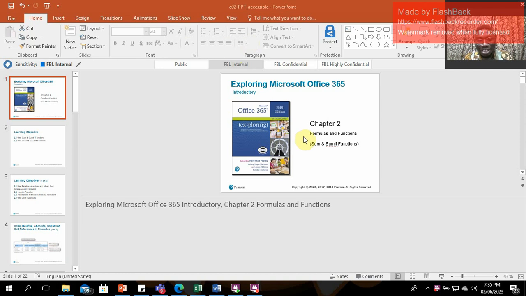Today we will still be looking at functions and formulas in Excel. For today's discussion, in reference to Exploring Microsoft Office 365, Chapter 2, Formulas and Functions, the focus will mostly be on the SUM function and the SUMIF function. It's our expectation that by the end of this lesson, you'll find it easy to use the SUM function and the SUMIF function. So let's move straight forward